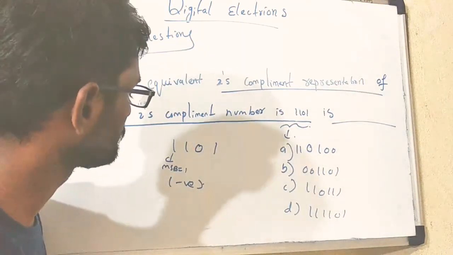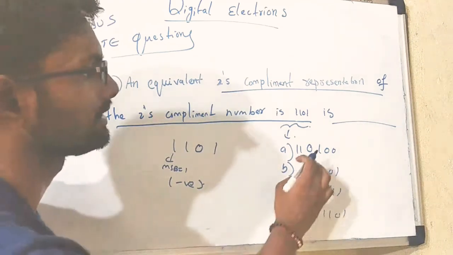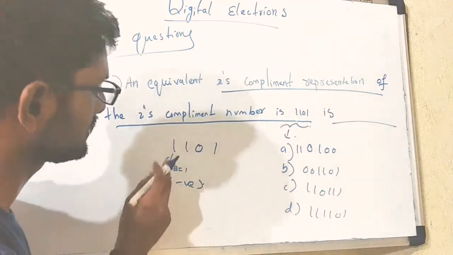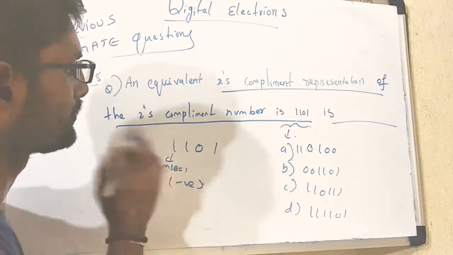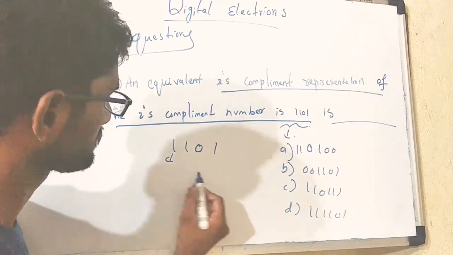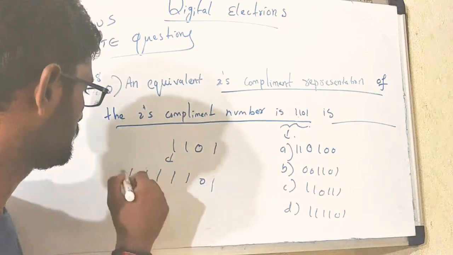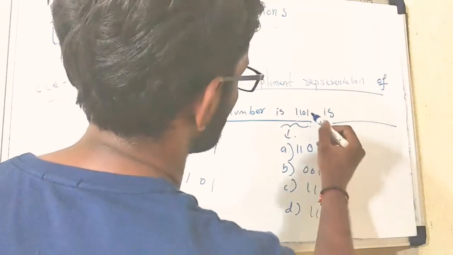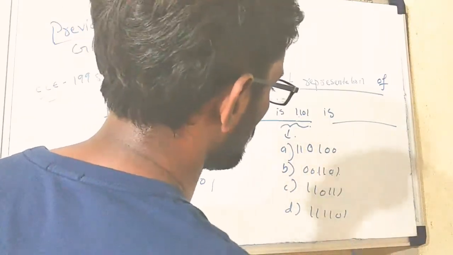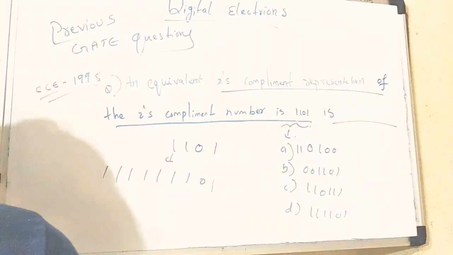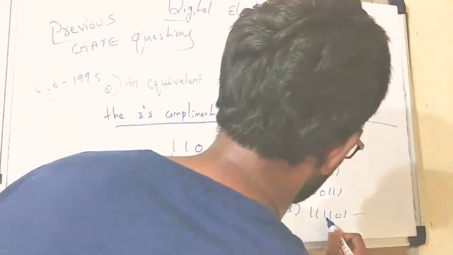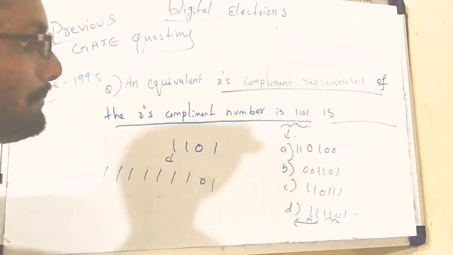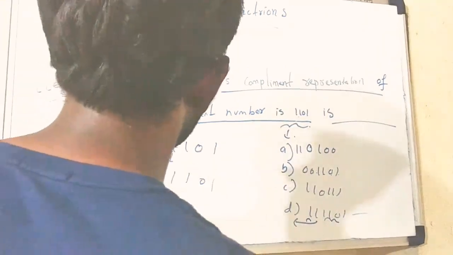Here the MSB is 1, so the number is negative. For sign extension, in the question we are given 4 bits, but here there are more than 4 bits. So for sign extension, the MSB bit is 1, and before the MSB all are 1s. Any number of 1s we keep will be no problem because the number is the same. So the answer is 111101. Any number of 1s is not an issue, both are the same. This is in terms of the given representation bits.